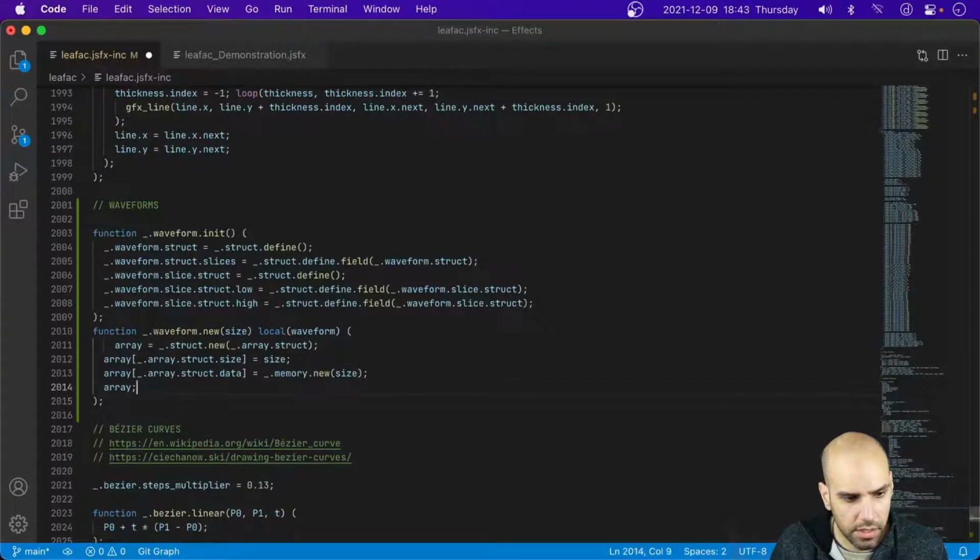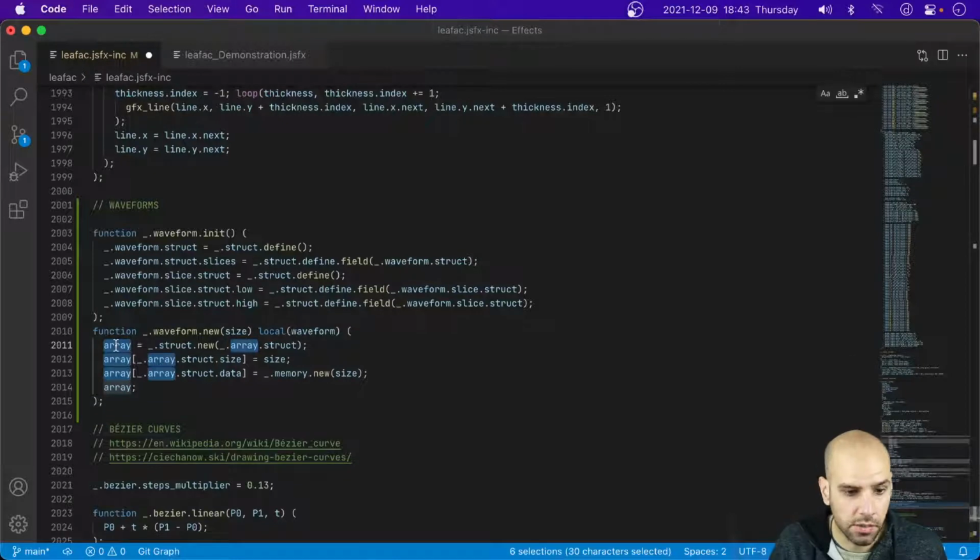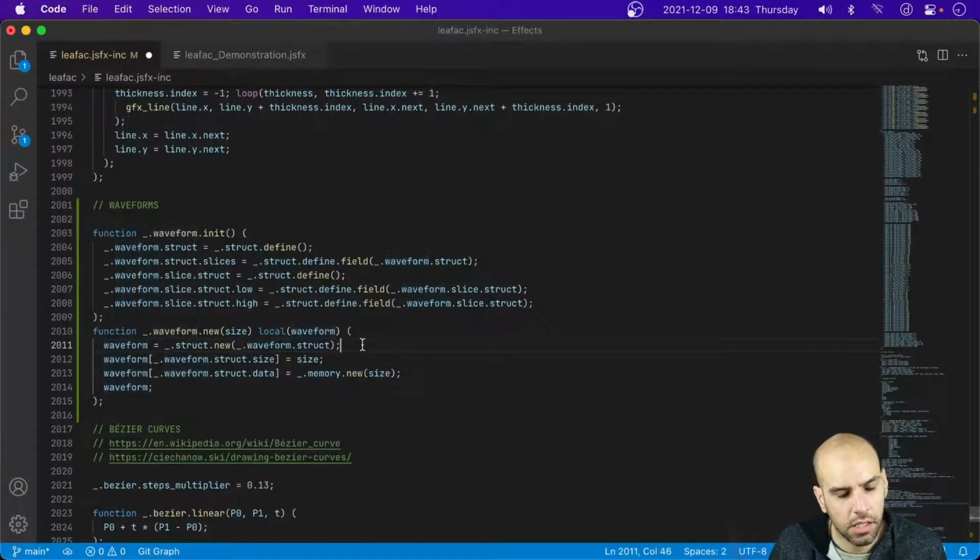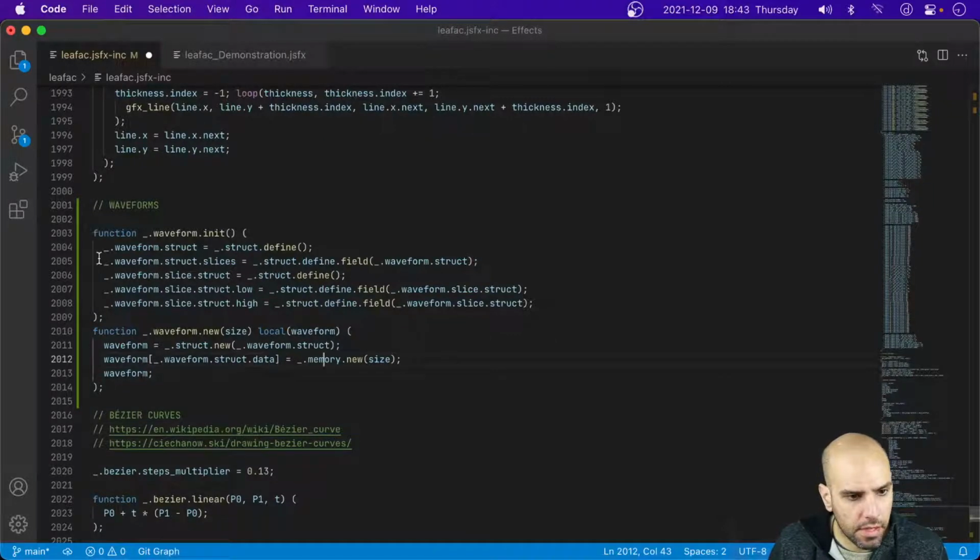I'll have something like this, except that everywhere where there is array, we'll have a waveform instead. And then this is the only field in that data structure. So we put it there, and then we create an array